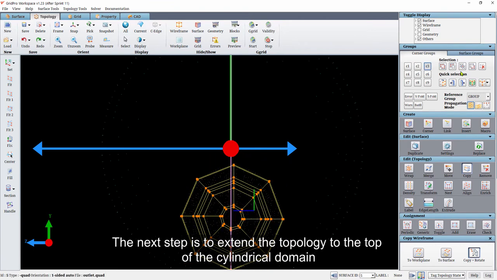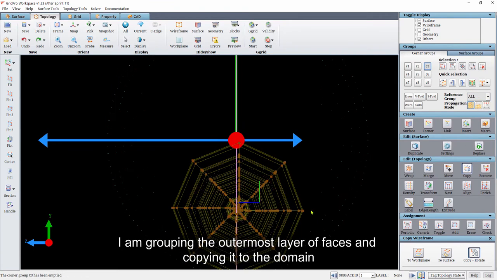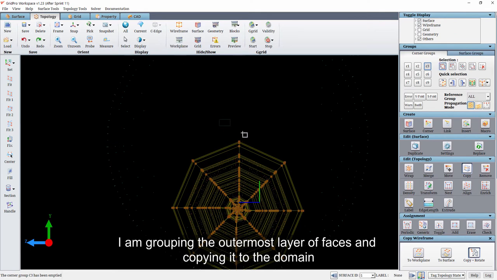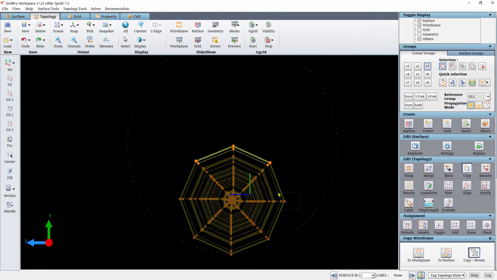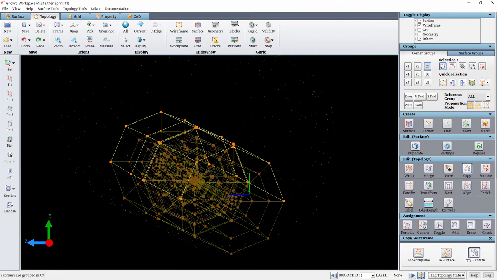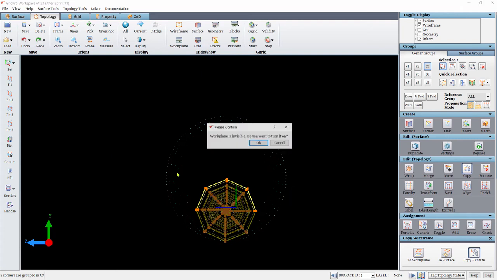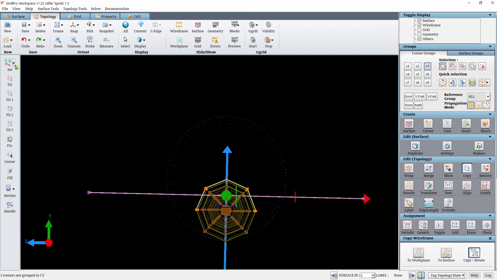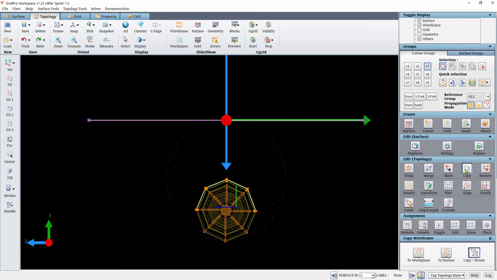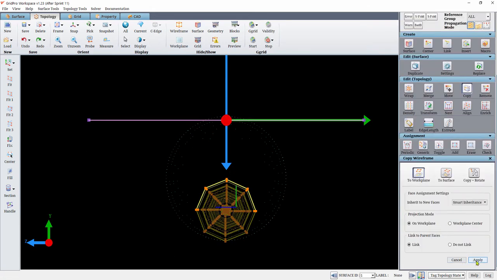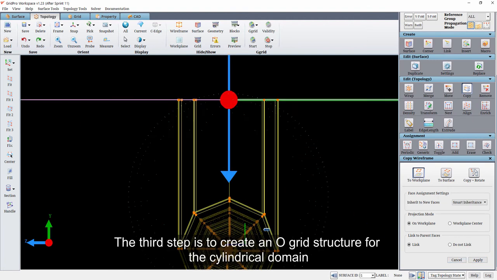The next step is to extend the topology to the top of the cylindrical domain. I am grouping the outermost layer of faces and copying it to the domain. The third step is to create an O-grid structure for the cylindrical domain.